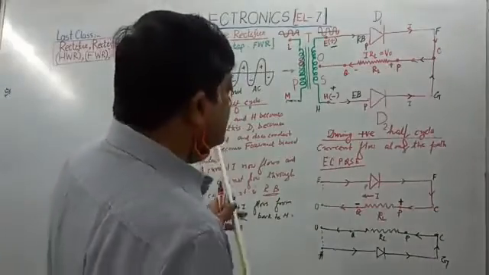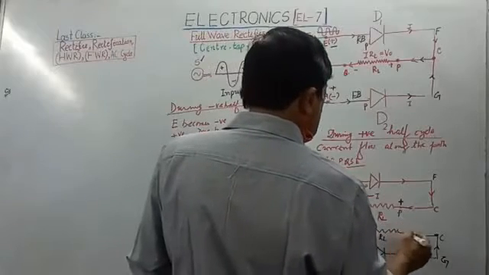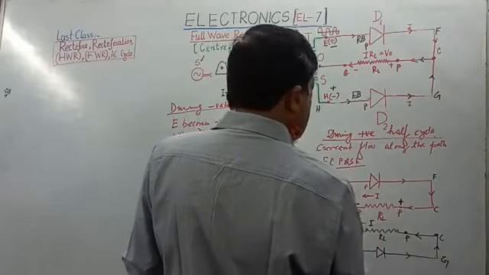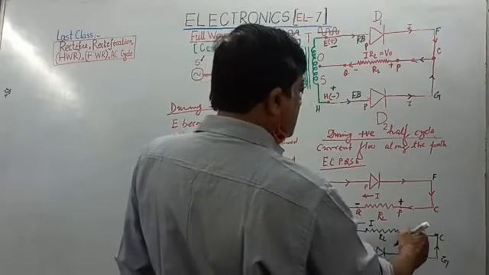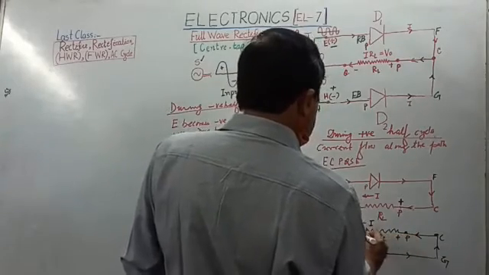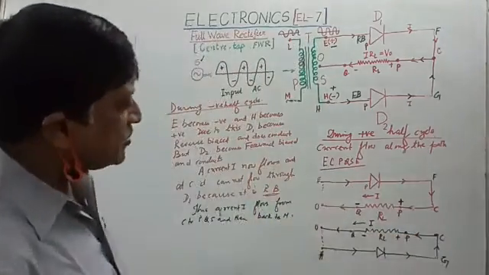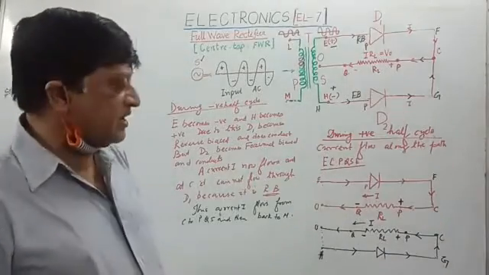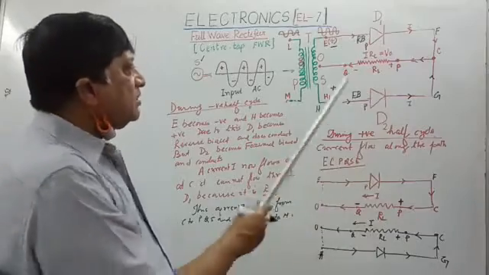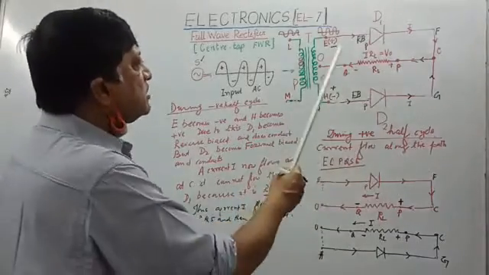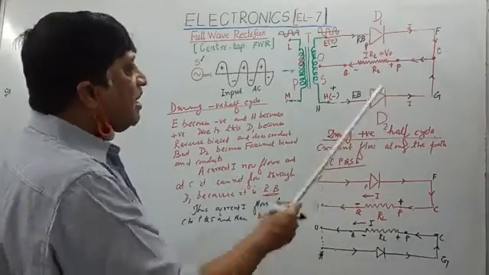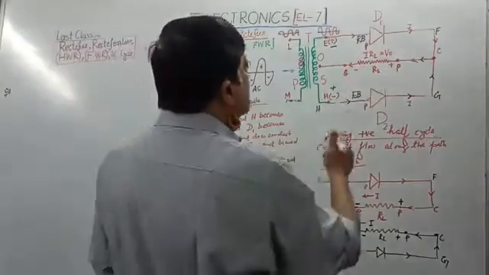So what you see is that the current flows only if there is a potential difference. Current is flowing from right to left, so this has to be at a higher potential, which we mark as plus, and this has to be a lower potential, which we mark as negative. So you see, the paths are different: one is the upper path and one is the lower path. But you see how current is flowing through this RL.